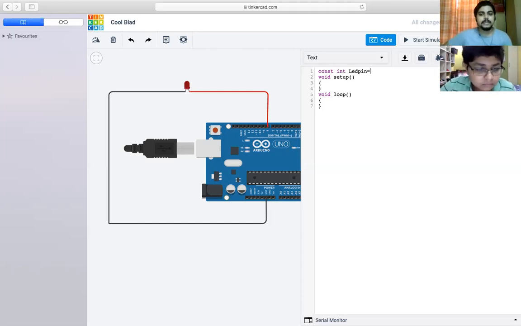Write 8 and then put a semicolon. Semicolon, not comma. Now I will ask you the second question: why do we put a semicolon? I don't know, sir. Think once.